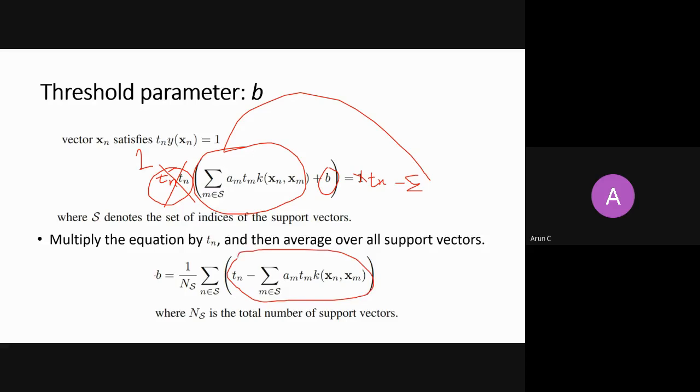So you can actually calculate b from any one support vector. But just to make it more stable, what this equation is doing is calculating b for every support vector and then normalizing it, right? So if there are 3 support vectors, it is calculating b from the first, second and third support vector, and then it is dividing by 3, right? It is taking an average of that b. Though it is good enough if you calculate b from one of the support vectors, that's fine, right?